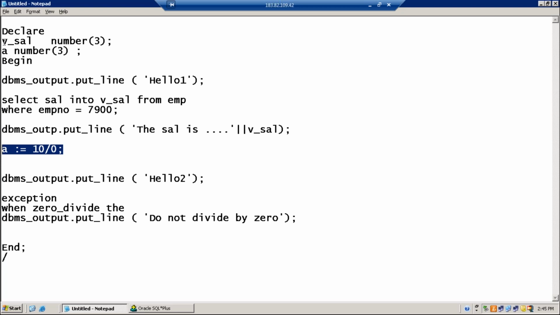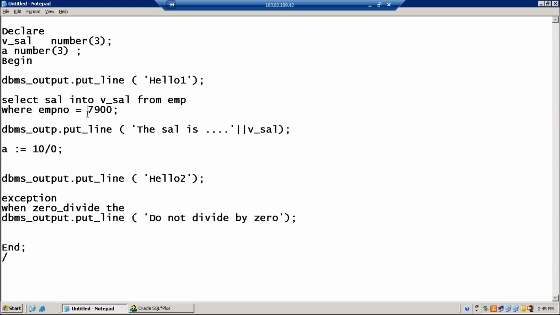If you look at the variable v_sal, number of size 3, this variable can store a 3-digit salary. Assuming employee number 7900 has a salary of 1000, which is a 4-digit number, in that case a value error exception is raised.